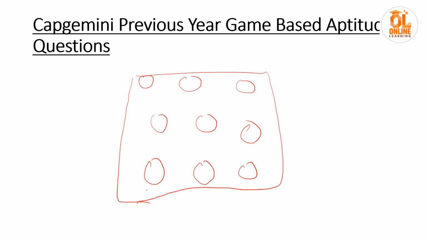And for 2 seconds, any of the dots will glow. For example, it will glow and it will be present for 2 seconds only. After 2 seconds, you will get a figure where you have to see whether both figures are symmetric or not symmetric. You have to choose yes or no. For example, is the both figures symmetric?